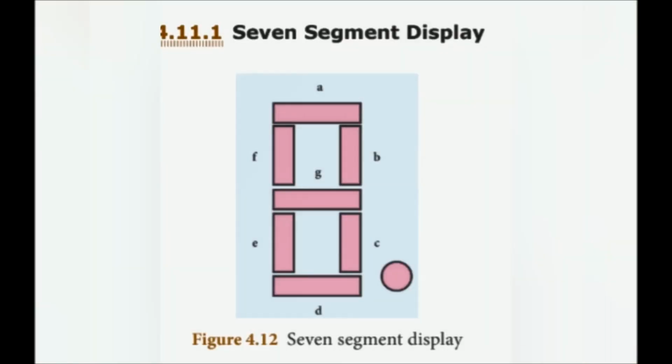What is a 7-segment display? A 7-segment display is a display device used to give an output in the form of numbers or text. It is used in digital meters, digital clocks, microwave ovens, etc. It consists of 7 segments of LEDs in the form of the digit 8. These 7 LEDs are named A, B, C, D, E, F and G. An extra 8th LED is used to display a dot.